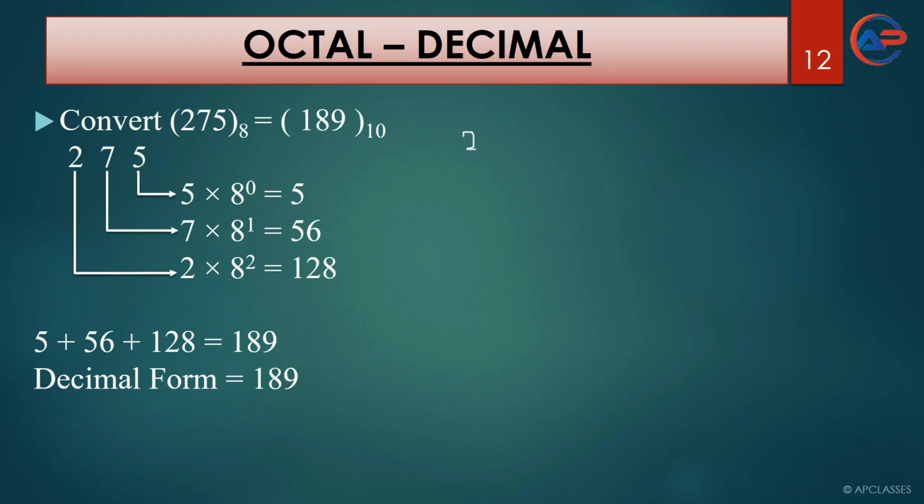Now, if the question is given as 2, 7 and 5, how do you come to know that this is a valid question? Because the digits which are used here, 2, 7, 5, all come under the octal number system. If you get a digit like 9 or a digit like 8, the question will be invalid because 9 and 8 cannot be considered under the octal number system. Now it needs to be multiplied with 8, isn't it?